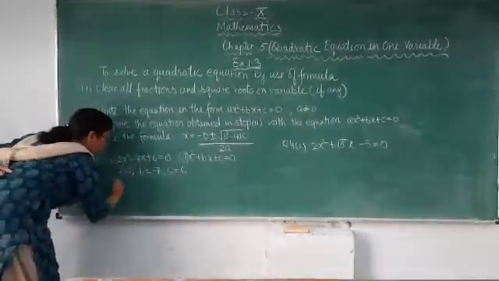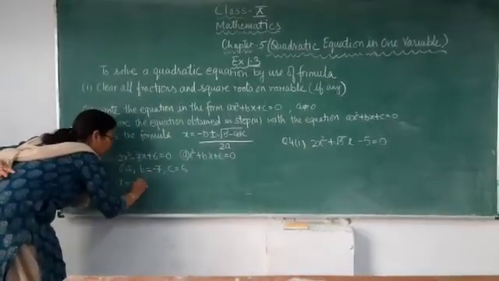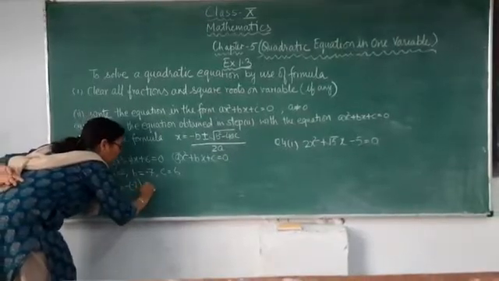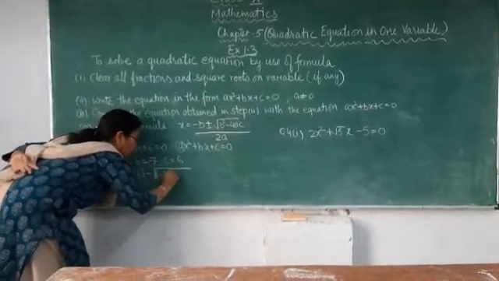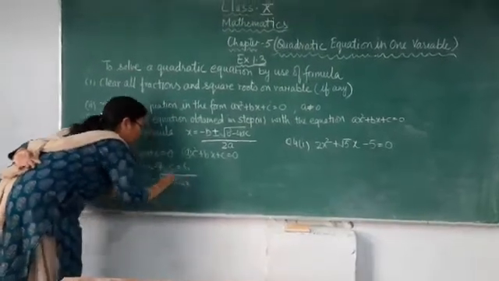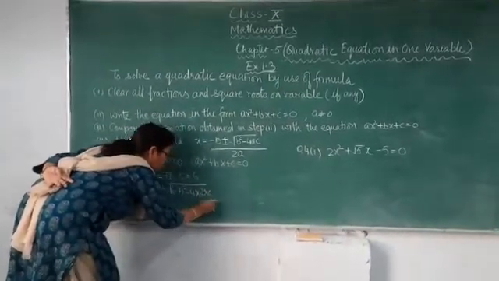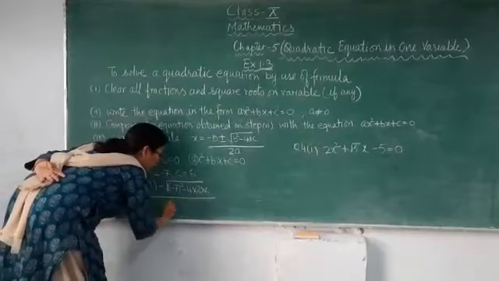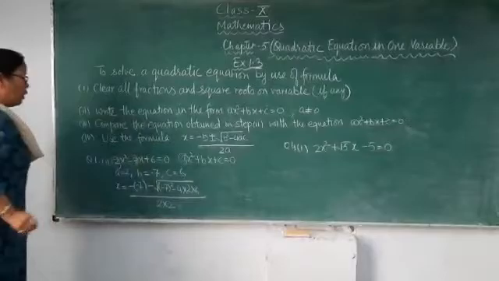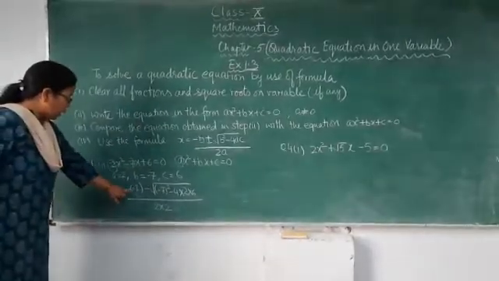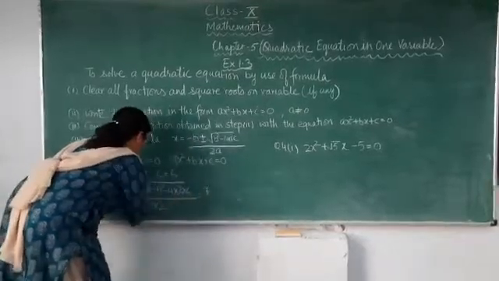Using the formula, the value of x equals to minus b. b is minus 7, so we'll write down minus 7 over here, minus under root b square, 7 square, minus 4 into a. What is a over here? 2. And c is 6. Whole upon 2a. 2 into a is 2. Right, children? Now solve it. This minus and minus will become plus. So plus 7 plus minus